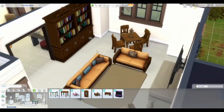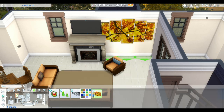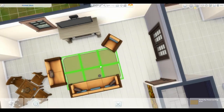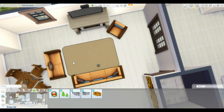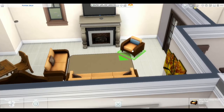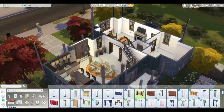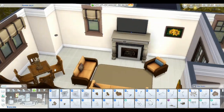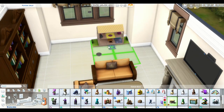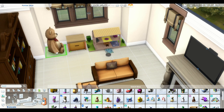And so we are just going to be adding a little table, but I do actually get rid of that table and instead make it a little kid zone for the kids in the house. And now we are just going to be slightly moving things over. I wanted to make sure that it felt cozy in here. This house has a pretty large footprint. It is built on a larger lot in the world of Willow Creek, and so it kind of called for a bigger house. So now we are just working on this little kids area, put a little doll house, and